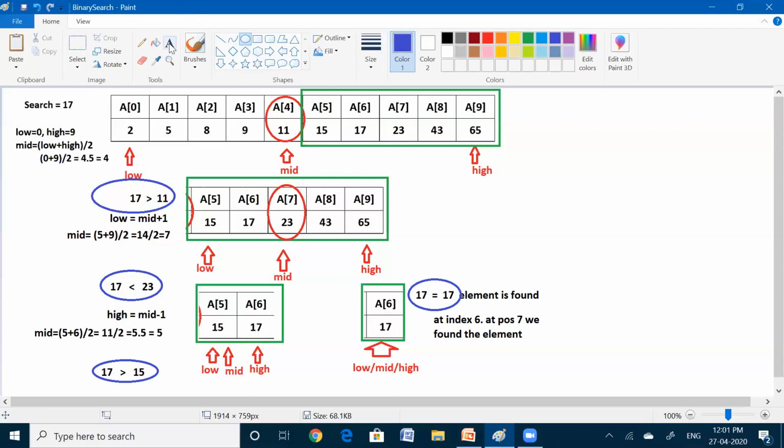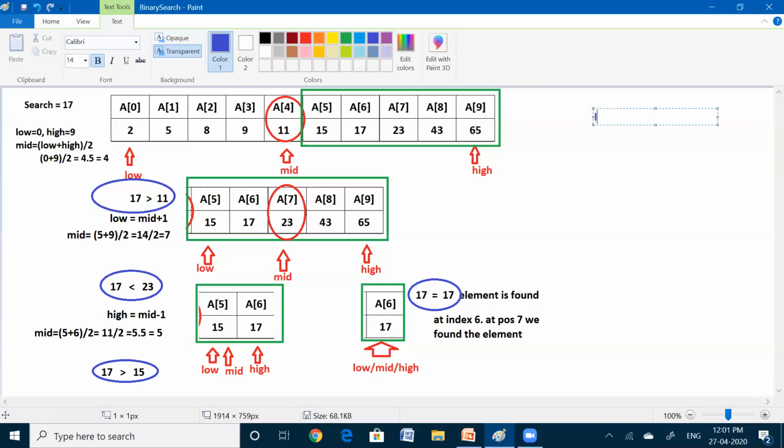First we compare with the 0th position element, second comparison, third, 4th, 5th, 6th, 7th. After 7 comparisons only, we'll find the element in the list if you use linear search.